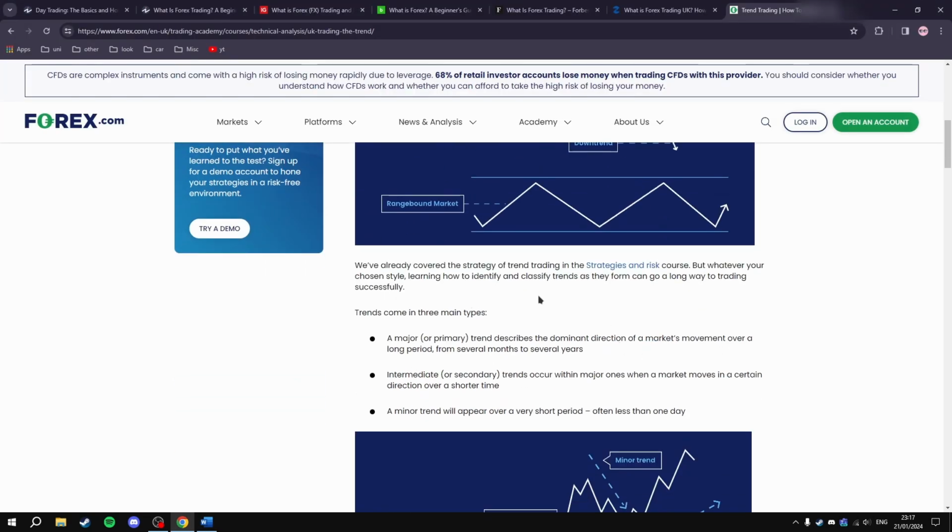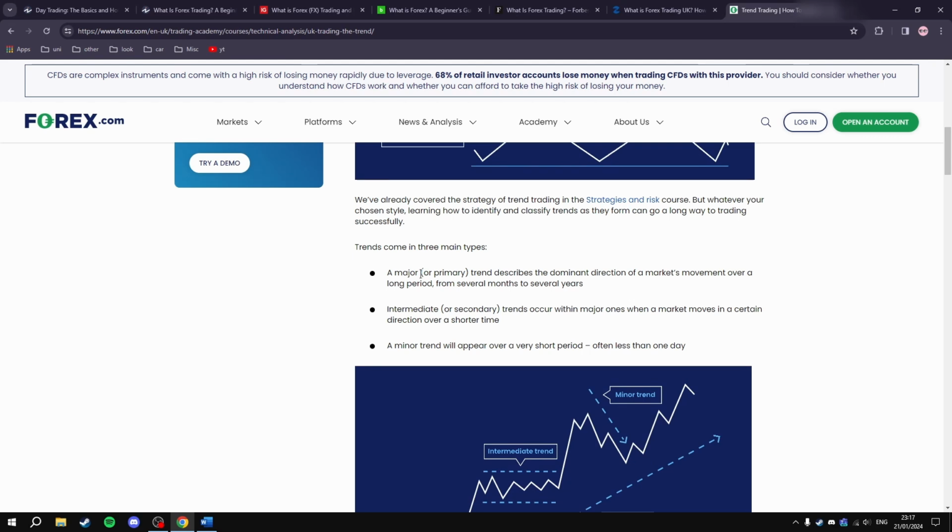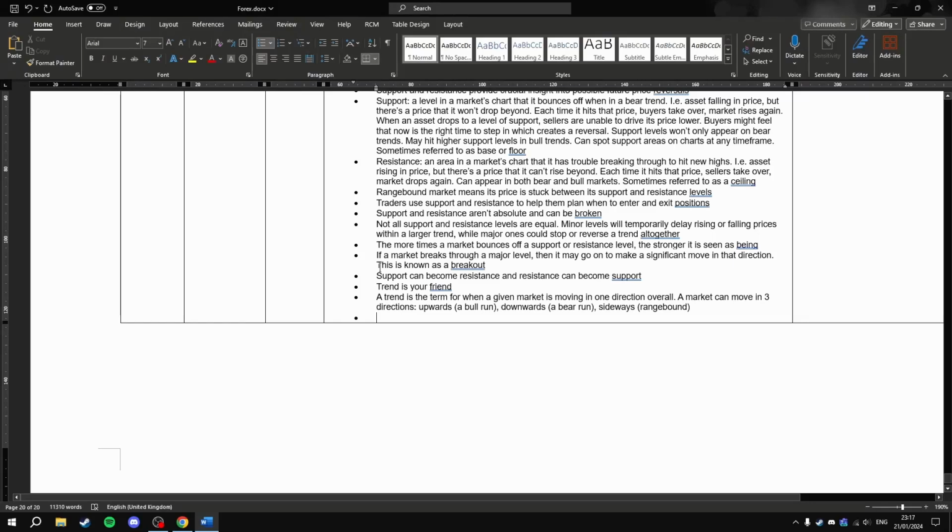We've already covered the strategy of trend trading in the strategies and risk course, but whatever your chosen style, learning how to identify and classify trends as they form can go a long way of trading successfully. Trends come in three types. So, three types of trends: